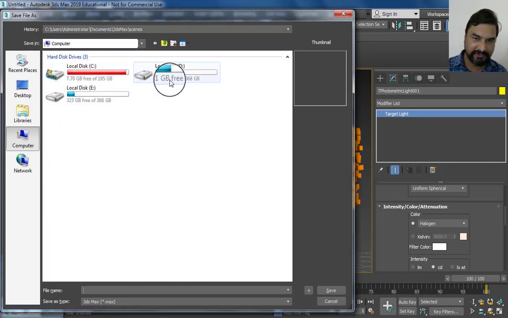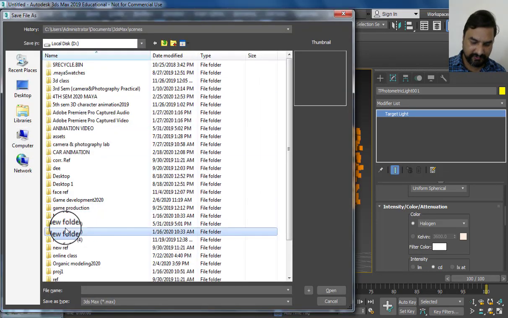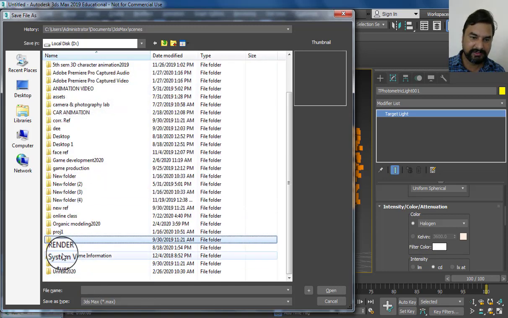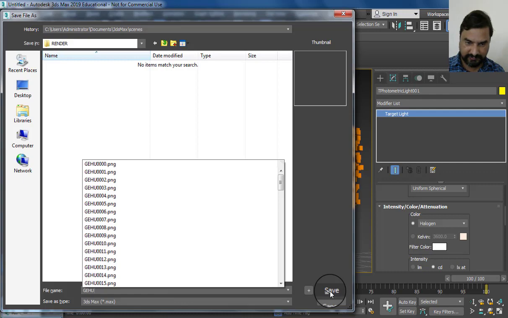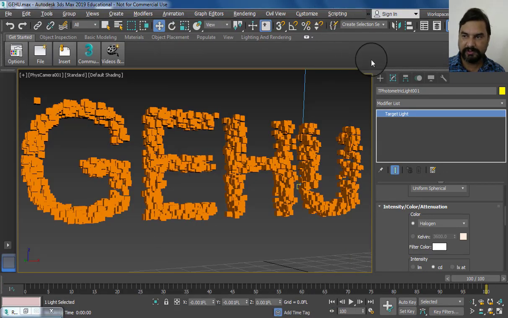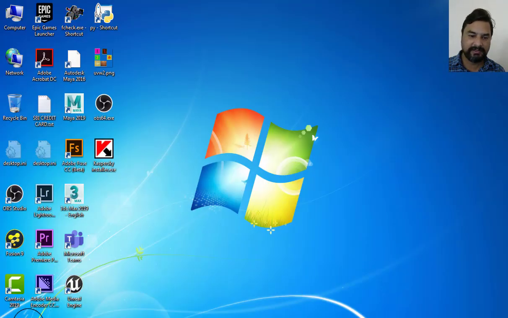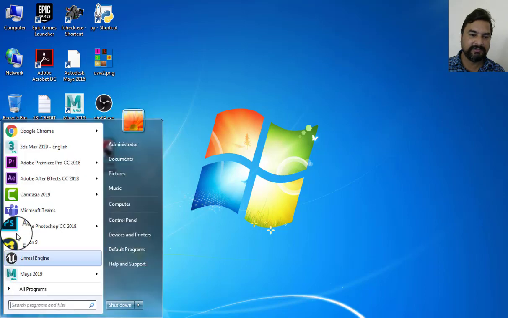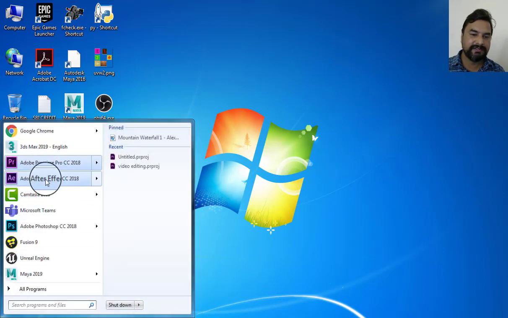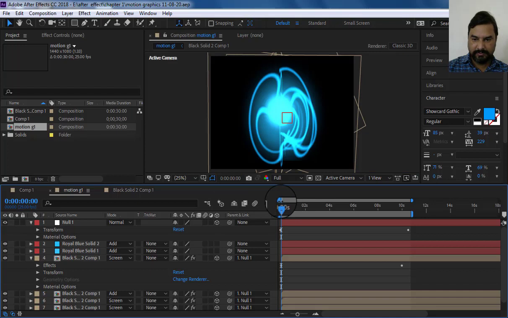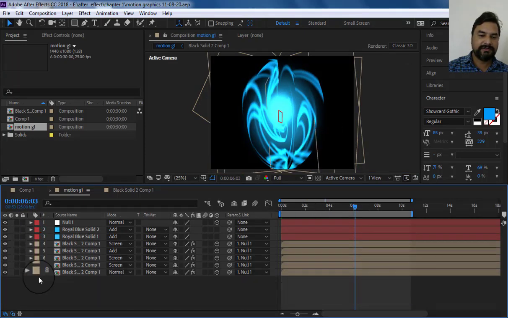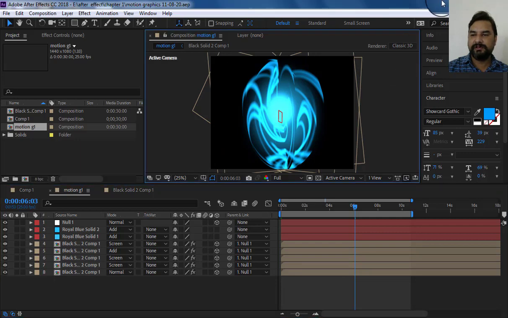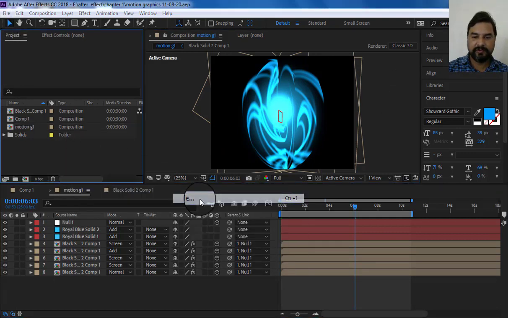Select your location, use the render file, we can save our file, and then select After Effects. Okay, we can place our 3D object image, right click, and here is the import option.